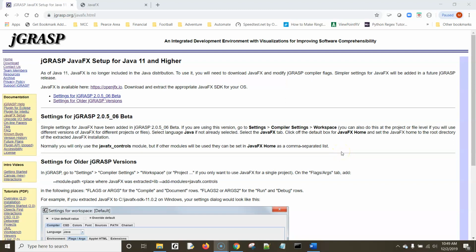Hello, so what I've done is I've gone ahead and installed the Java 11 JDK. And what I want to do is walk you through the steps you need to do to get JavaFX working if you're using JGrasp. So the first thing is that if you go out to the jgrasp.org site and scroll on down and click on JavaFX Setup, that brings you to how you would set up